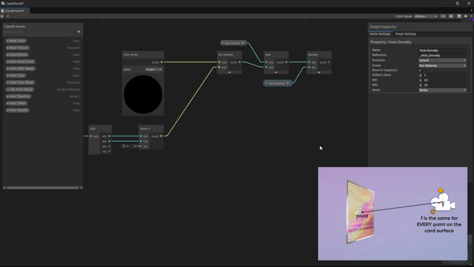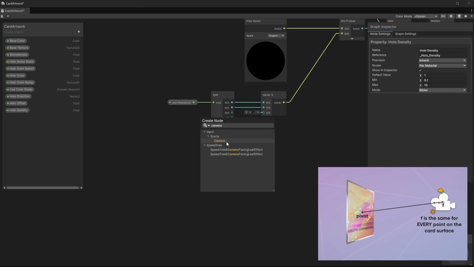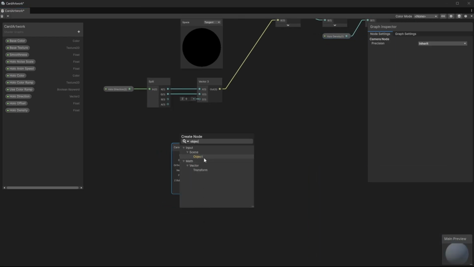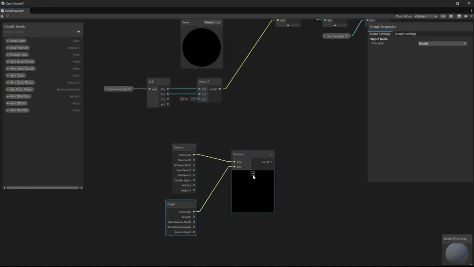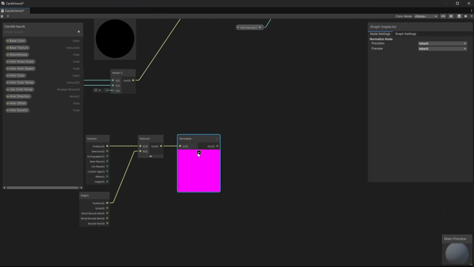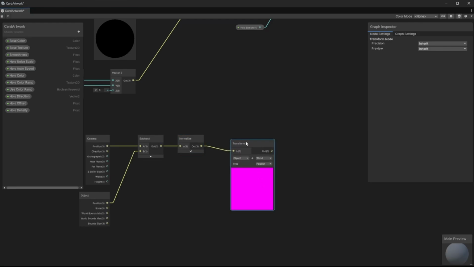This is going to be the offset between the camera position and the pivot point of the object being drawn, which I will call vector F, why not? Using the camera and object nodes, we can get these values and then normalize them. Since these are both world space vectors, let's transform the offset into a tangent space direction with a transform node. The nice thing here is that this vector is identical across the whole surface, no matter which pixel is being